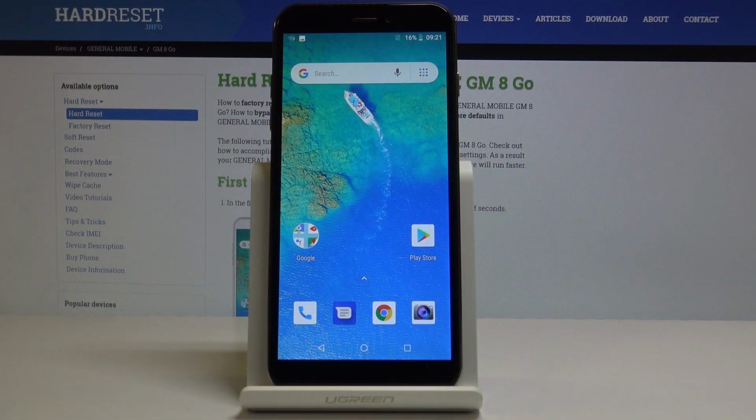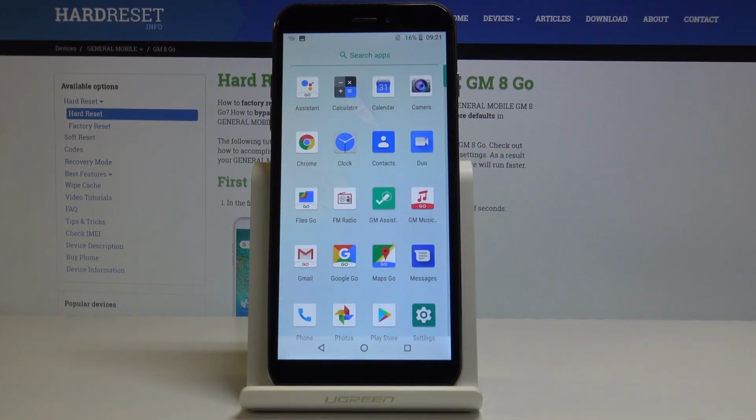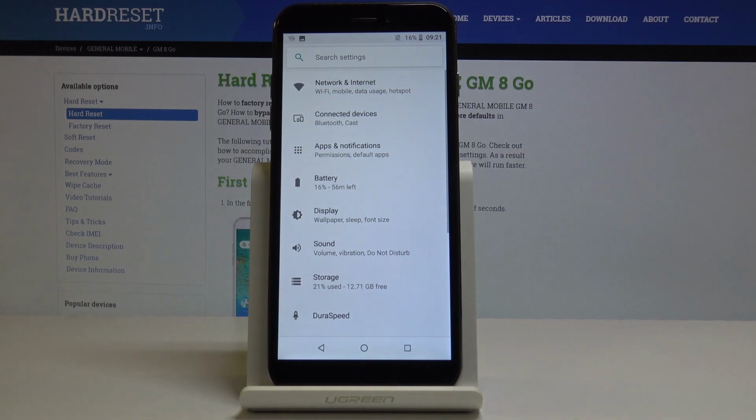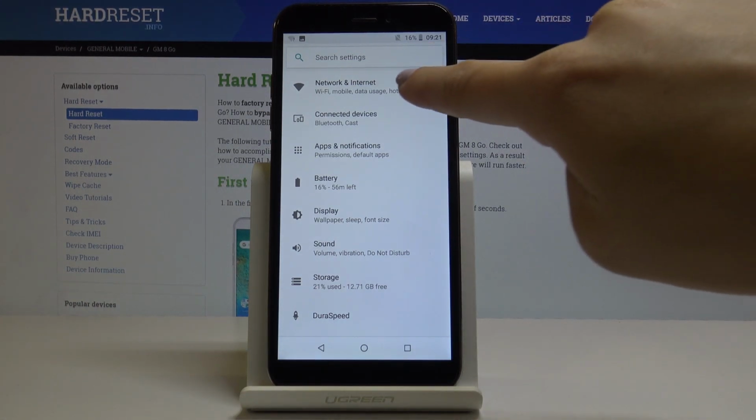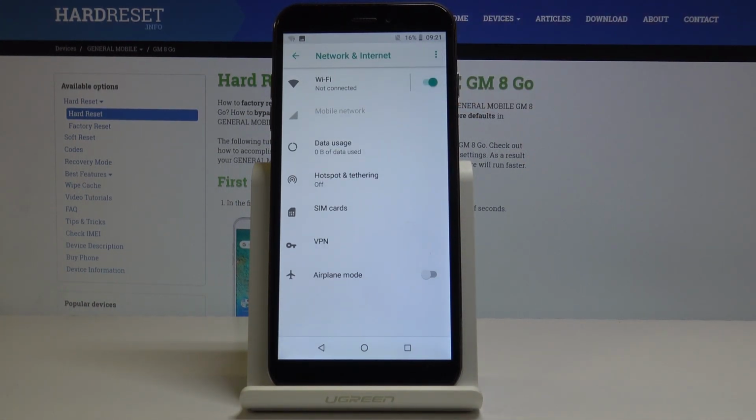Here I've got General Mobile GM8 Go, and let me show you how to activate portable hotspot on the following device. So at the very beginning, let's open list of all applications, then find and select the settings. Here you have to open network and the internet, so this is the first tab, and then go to hotspot